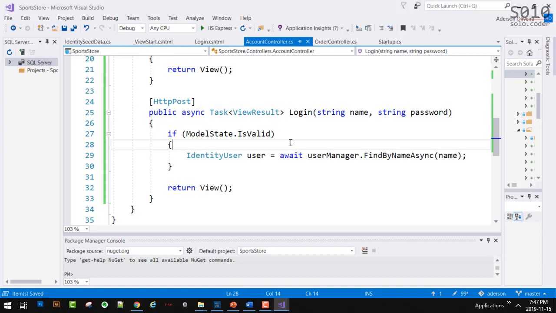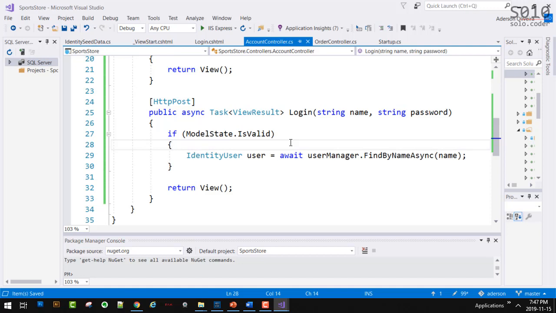To be quite honest, I would just focus on the fact that this is still a view result. Yes, it's wrapped inside a task because this is an asynchronous method, okay? But again, in the end, I really care about this type here, view results. Task is just because this is an asynchronous action, okay?